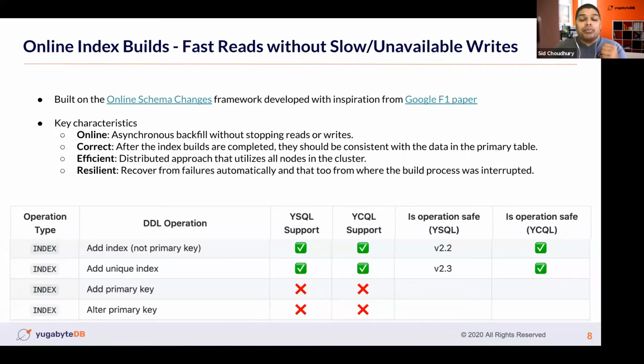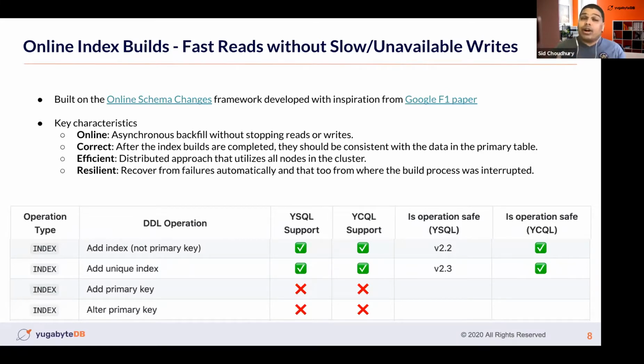But till date, we required you to essentially know your indexes ahead of time, so that you can create them while the table is getting created. And we used to populate the index values in the background for you as new data came in. Now, that is not always that easy, right? As business requirements change, you would like to be able to create new indices into the system, and the system should be able to start serving your queries back after the index has been created with even index values populated for the older data, which is known as a backfill process, okay?